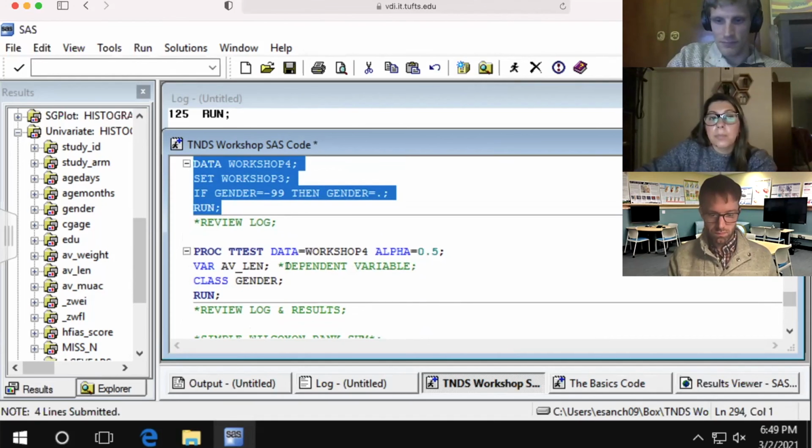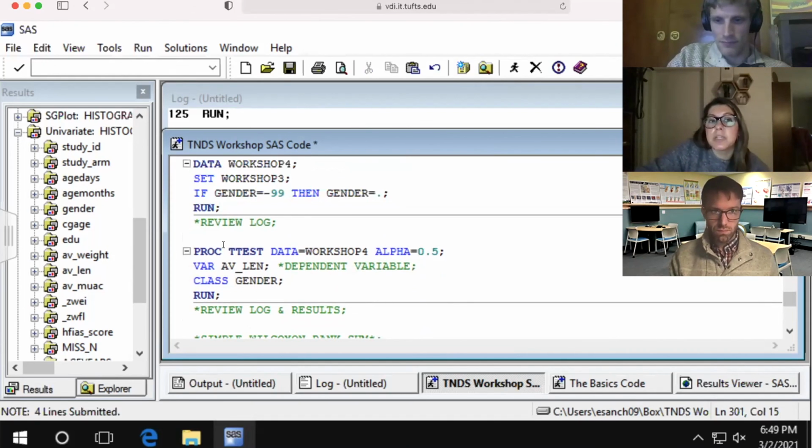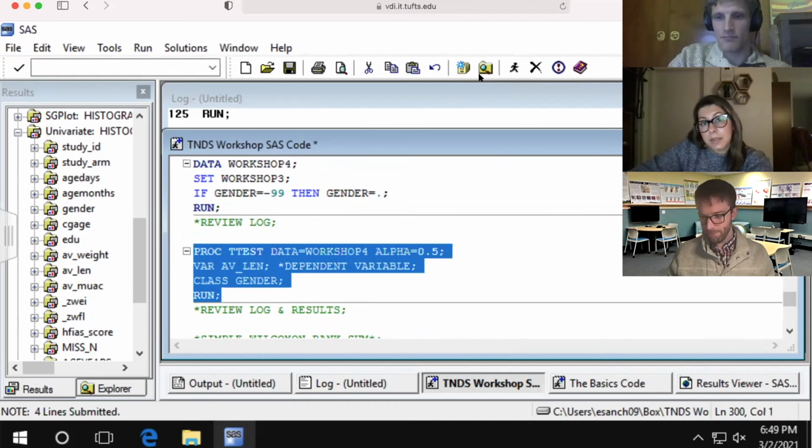And so with your t-test, you would say proc ttest. I've created that new workshop dataset so that I've recoded missing gender as period. You establish an alpha level, and then you have your dependent variable as var, so average length by gender, using class here. And when I run that,